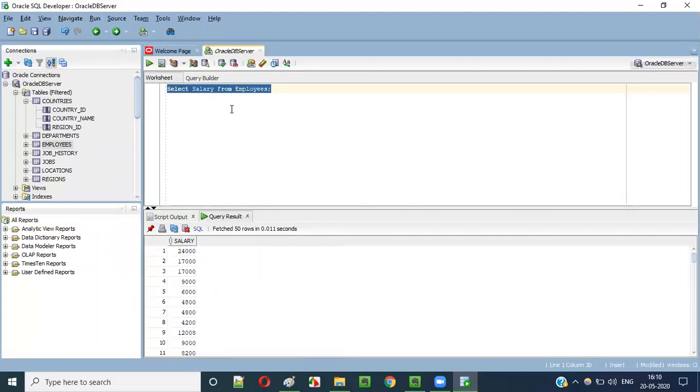Now I will put a comma here. This time I'm going to show you select salary comma salary plus 1000. I'm just increasing the salary of the employees by 1000, let's say. Select salary means the original salary, which is 24,000, 17,000, 17,000, 9,000 that is coming. Beside that, another column is there, the same salary column, but this time I'm using this addition